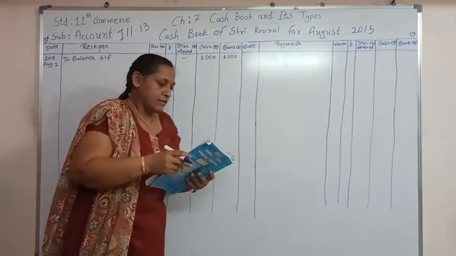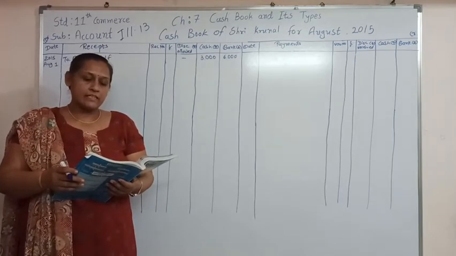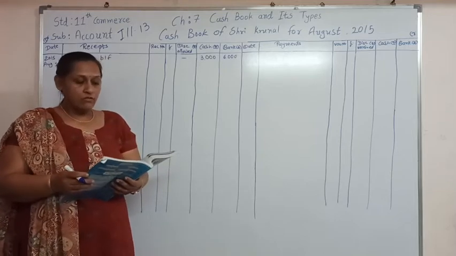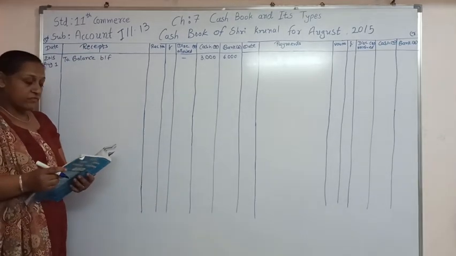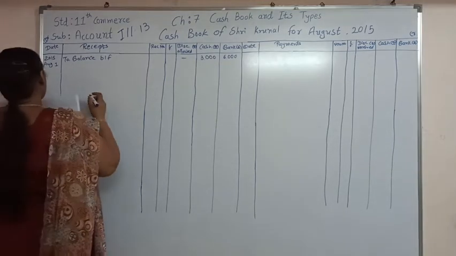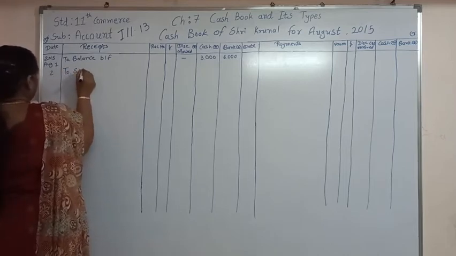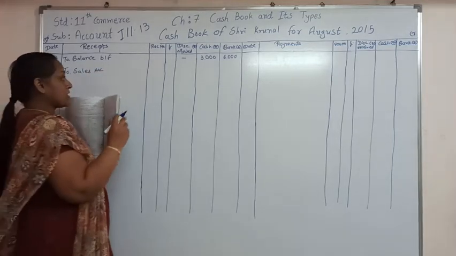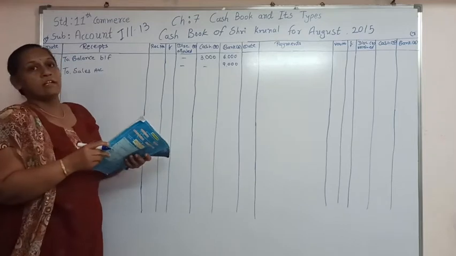Now on date number 2, goods of rupees 10,000 sold to Nilesh at 10% trade discount. Amount is received by check which is deposited in bank. So here we have sold the goods on cash and check received, so it is a cash sale. Here we are going to write down by sales account. And with 10% trade discount, it will be 9,000. Trade discount will not be recorded in the books of account, so here we are going to write down only 9,000 check.